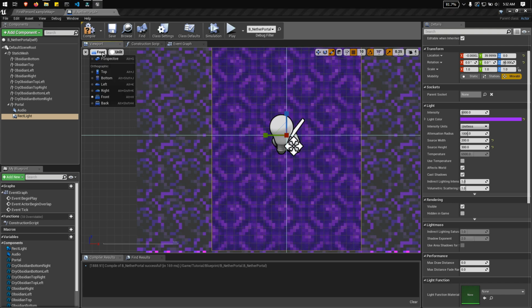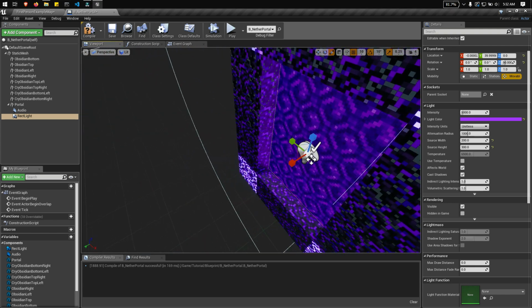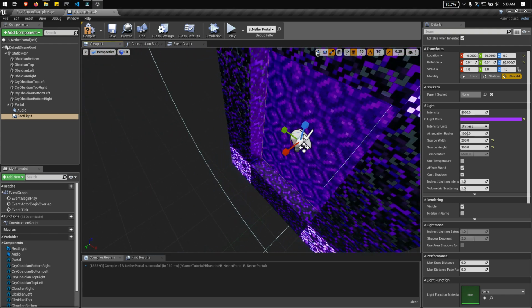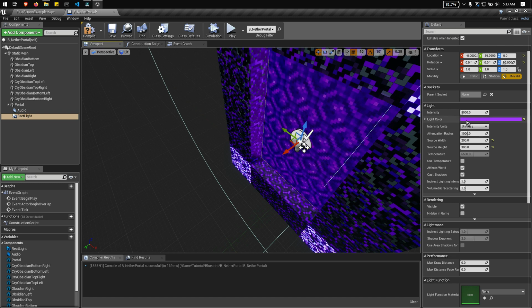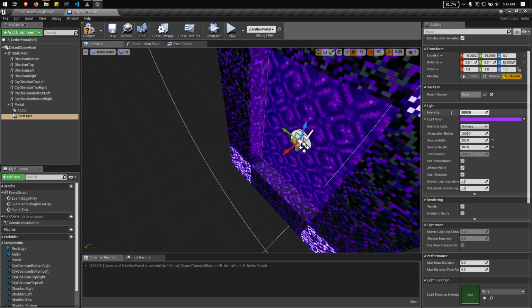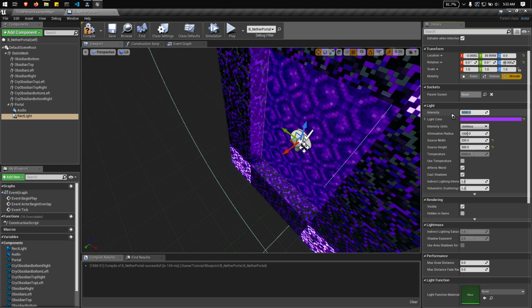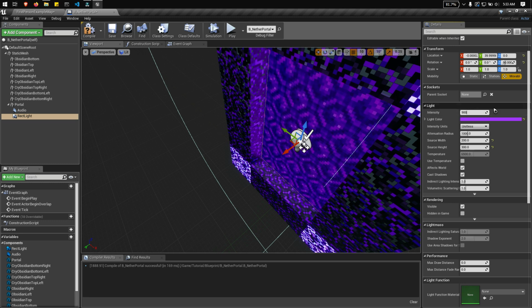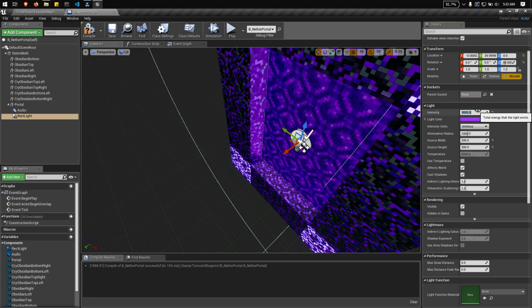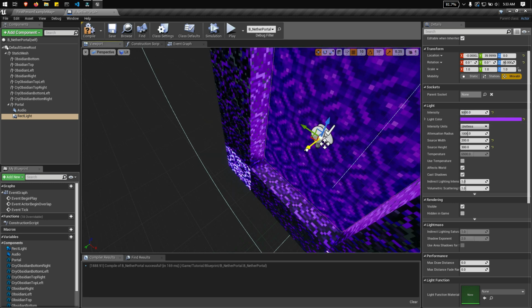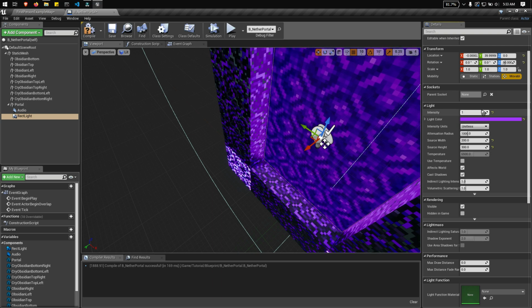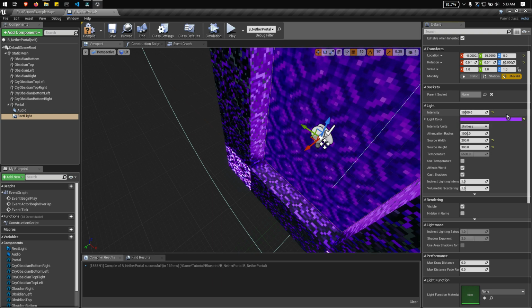Let's check the perspective view. Okay, but it's a little bit dim. Let's brighten it up. Let's say 5 to 9,000. Let's make it 10,000.